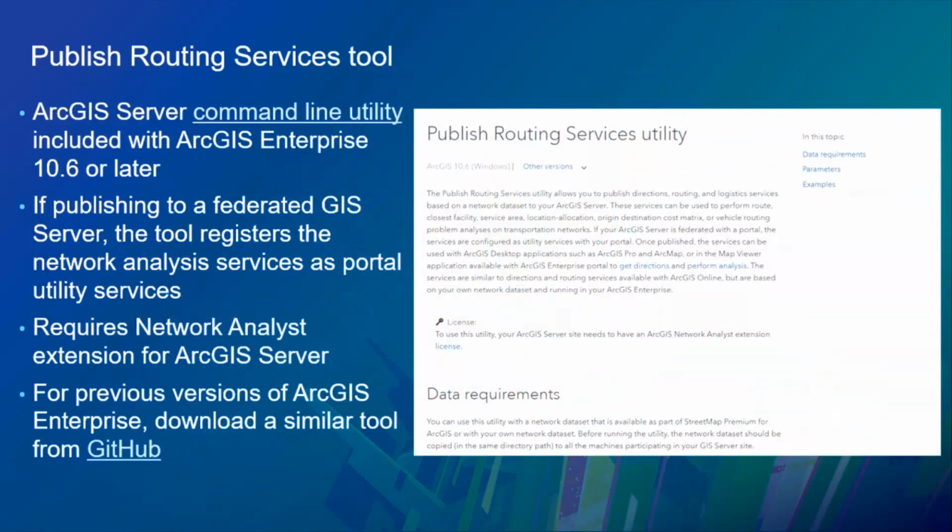So what is this utility? This is a command line tool that ships with ArcGIS Enterprise. It will be available if you install ArcGIS Server on your server machines. It takes in a network data set as input, your server credentials like the admin username and password, and some other things like where you want to create the output, and then it will go ahead and create all those different services that I talked about. So it will create the geoprocessing services, it will create the network analysis services,